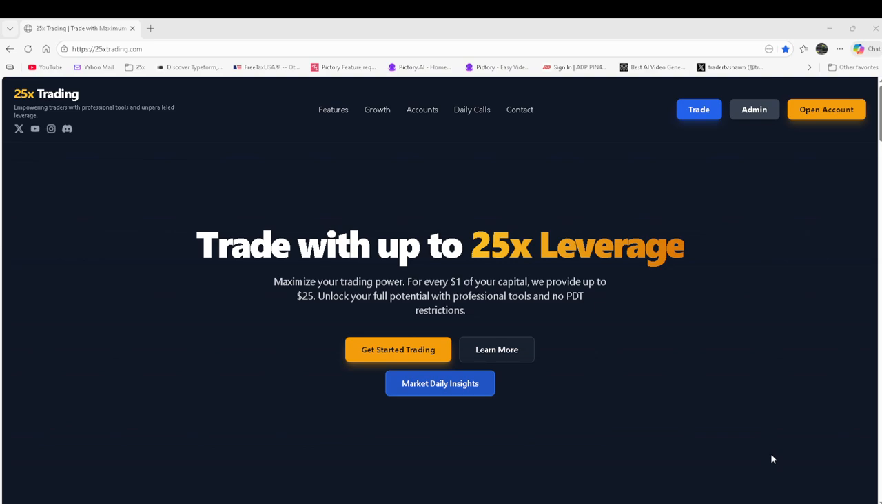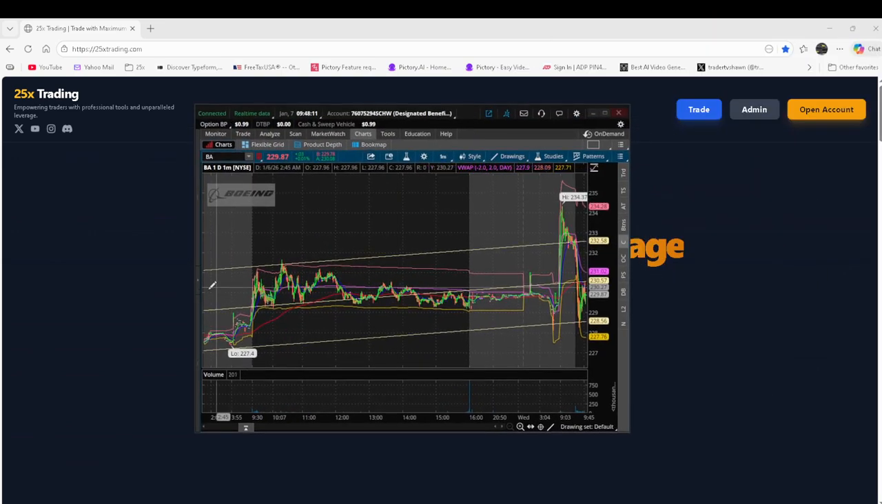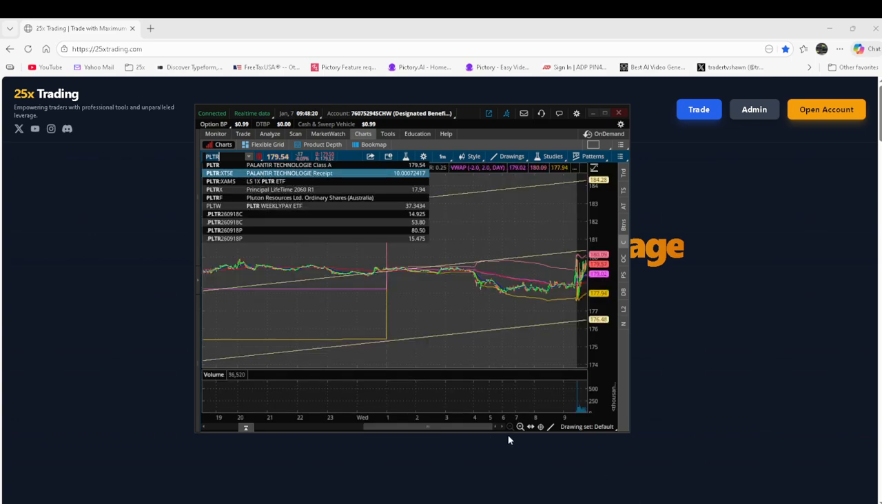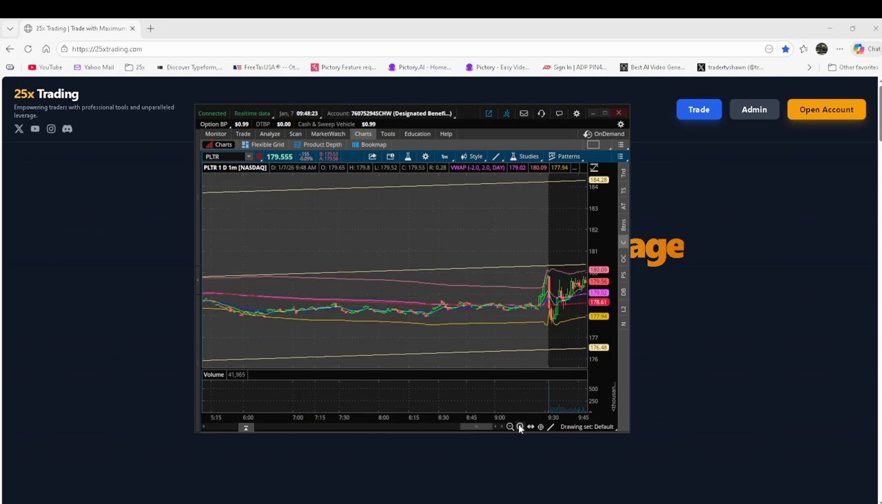Didn't have a chance to trade today, but what we're going to talk about is using a position calculator. With a position calculator, what you want to do is understand what your risk and reward is. So, to give you an idea,